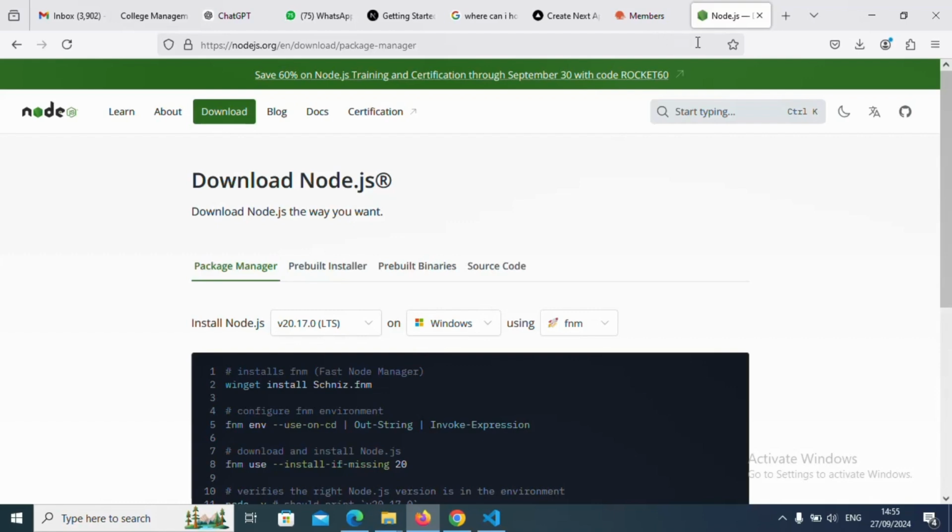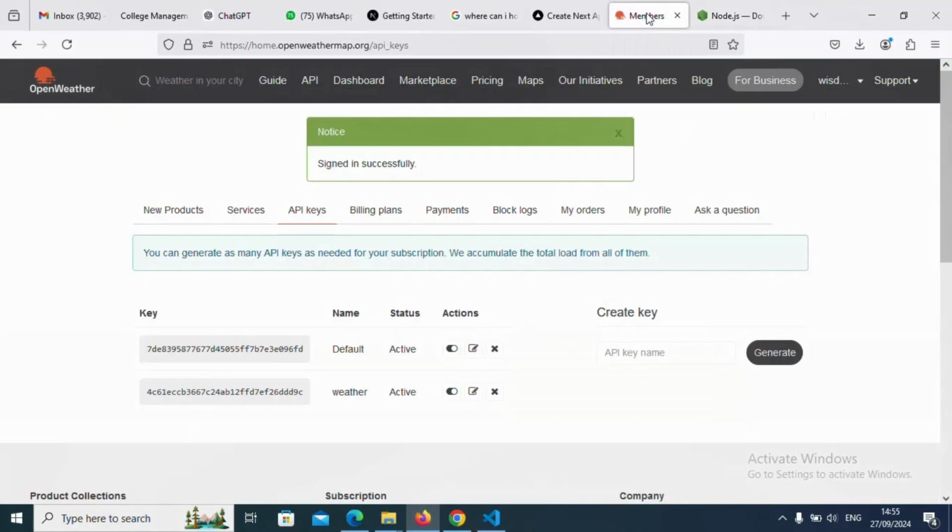And again, you also need to sign up for OpenWeather. I already signed up, and then I have two API keys. Please don't use my API keys. They have free tier. You can create yours. I will delete these API keys immediately after this video, so you don't need to use them. You can create yours. Just sign up, and then they will send you the detail to your email. You will receive an email telling you about your API key, and so you have to